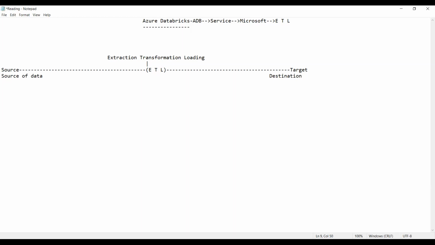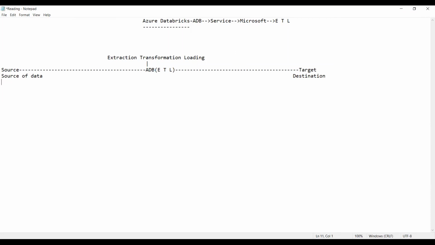For this ETL, we are using the service called ADB, which is provided by Microsoft. So between the source and the destination, we apply extraction, transformation, and loading.